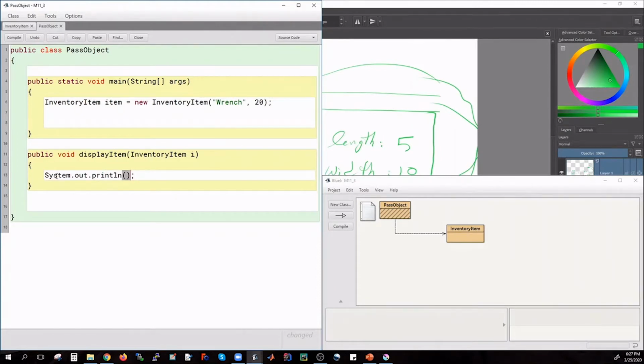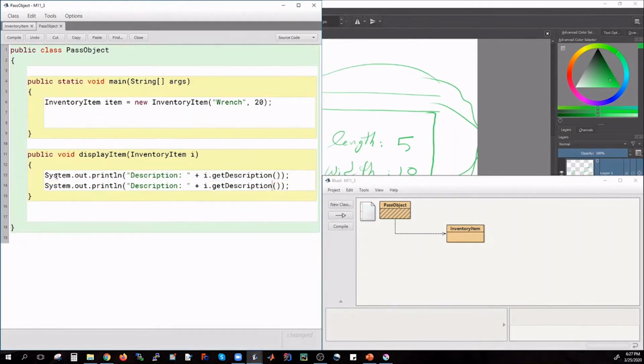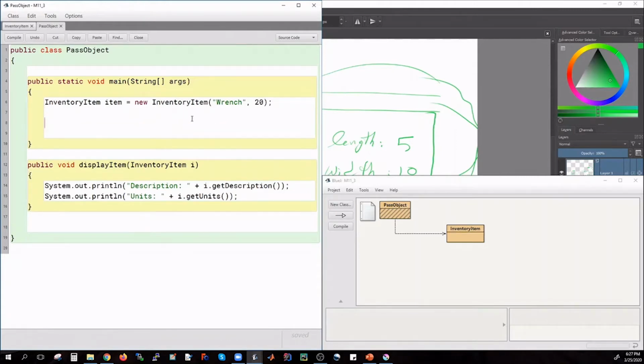All right, and I'm going to say description, I.get description, and then do something very similar with the units. So get units, and that would be in the units. All right, very straightforward. And then what I want to do here, and there is a mistake that is coming,